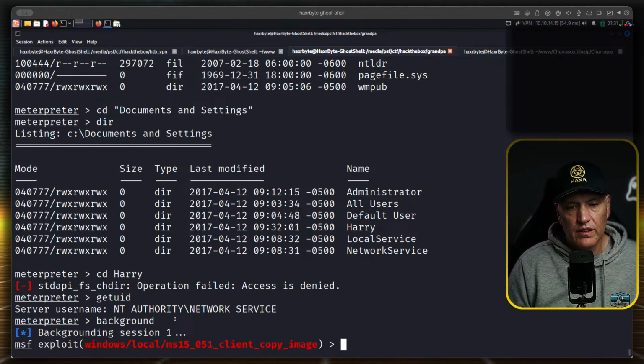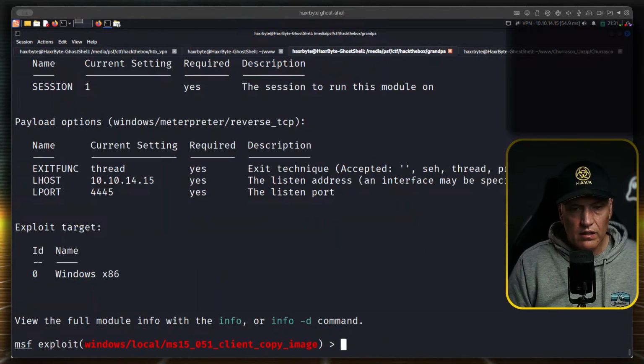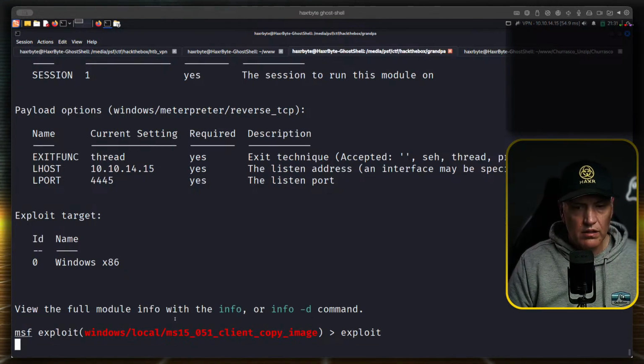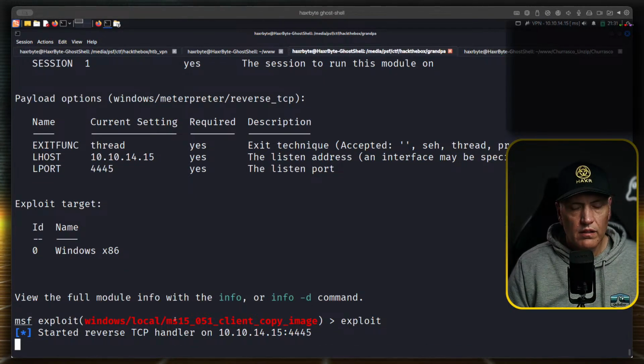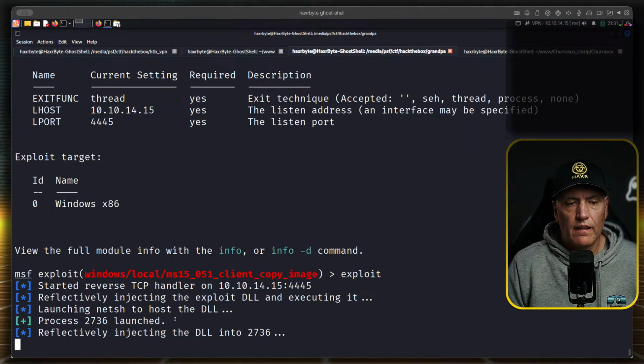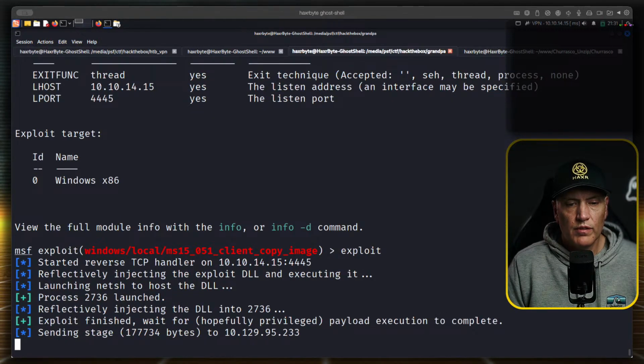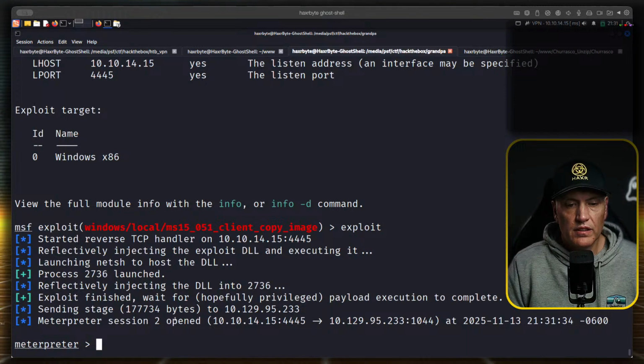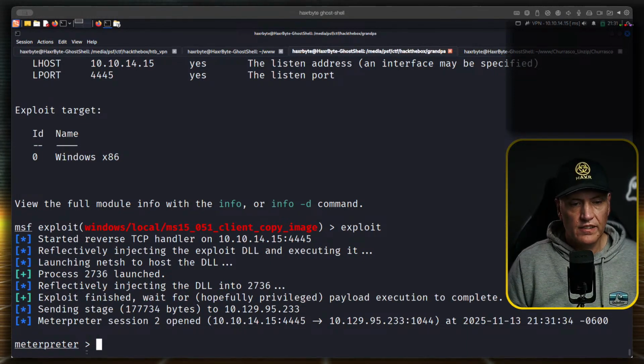Now we can run this one. Exploit. And there we go. Reflective injection. Boom! Second session.